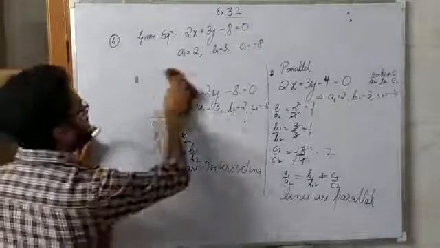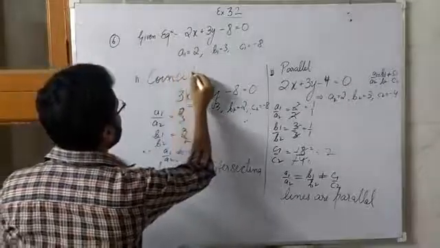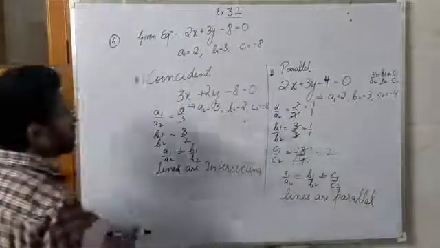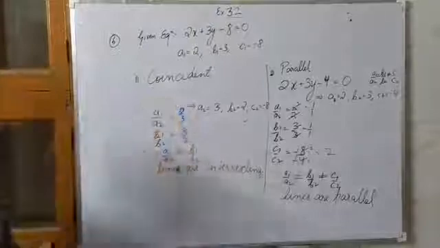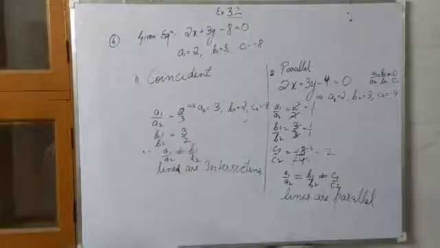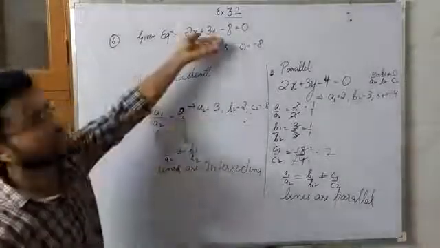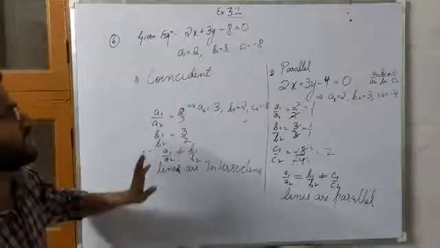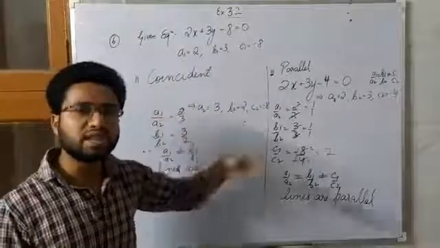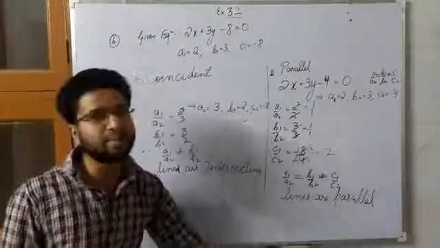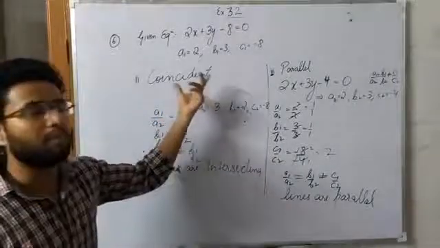Now come to the third part, that is line is to be coincident. Right? So for coincident line, what should be there? That A1 upon A2 should be equal to B1 upon B2 should be equals to C1 upon C2. Right? तो हम क्या करेंगे? Just इसके मल्टीपल की कोई भी इक्वेशन लिख देंगे. राइट? सो यू डू वन थिंग, इस पूरी इक्वेशन को किससे मल्टीप्लाई कर दो? 2 से, 3 से, 4 से, 5 से, 6 से, with any number, and just write down, ठीक है, that result that will come by multiplying.